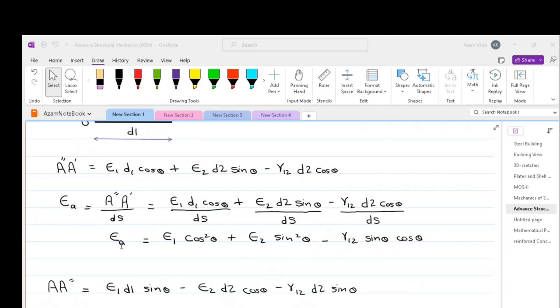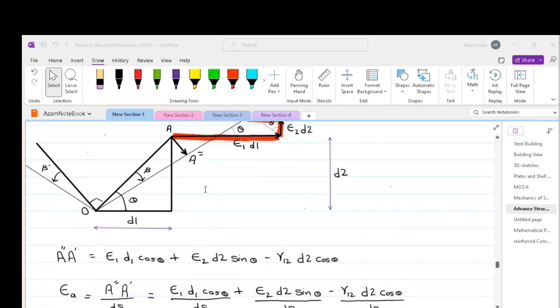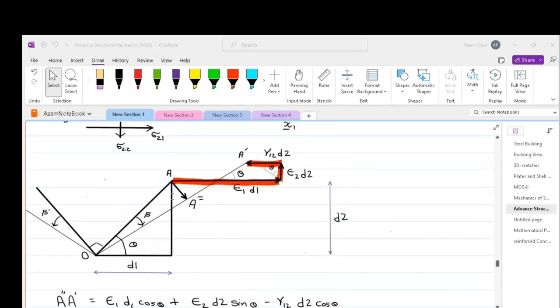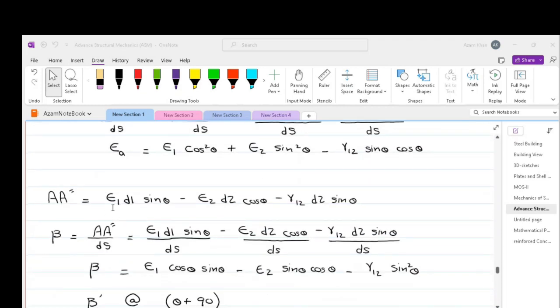Plugging the values, we get the extension of strain A in terms of strain 1, strain 2, and gamma 1 2. The angular deviation beta can be found in a similar way. We have to divide A double dash by the length ds in order to determine our angular deviation. Projecting the movement of point A on the direction perpendicular to OA, we obtain AA double dash as strain 1